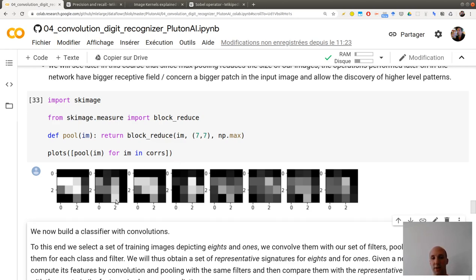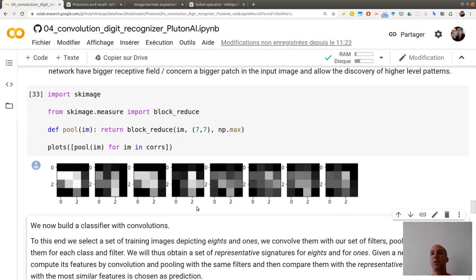You see that now I have low resolution images of my 7, where I first apply my kernel and then the downsampling, so I'm now obtaining images of size 4 by 4, and 8 of them. The idea now is to try to do the classification based on this representation of my image.